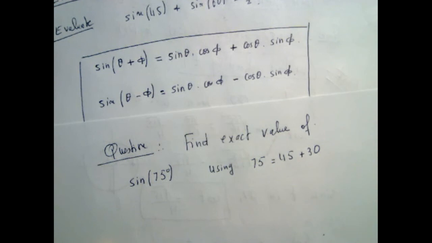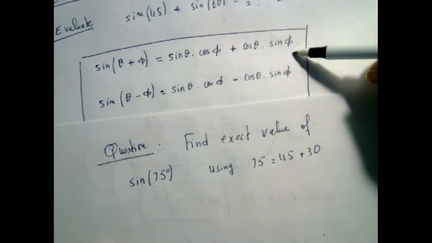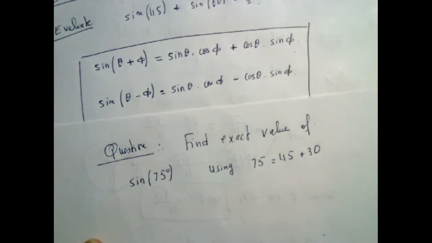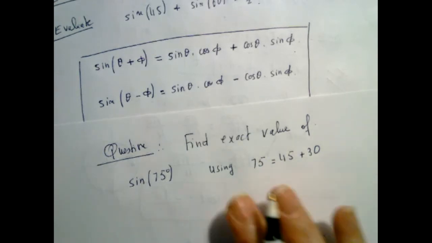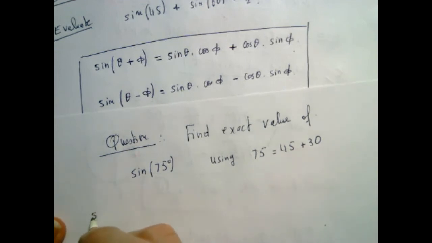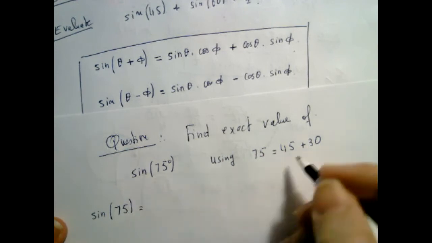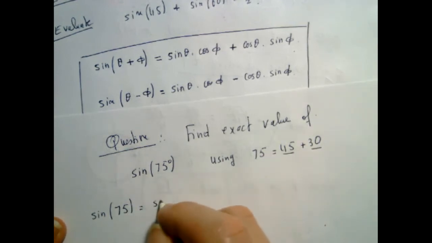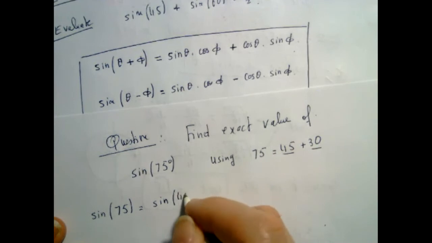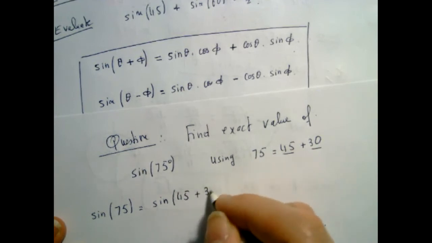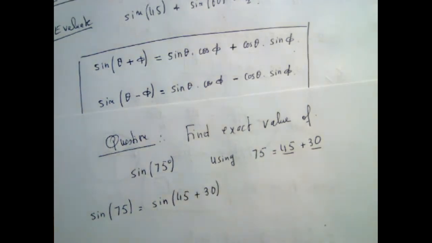Okay. So the goal of this problem, as I said, is really to learn how to use this formula. That's really why we do those types of problems. All right, so what do they mean by that? So what's the sine of 75? Okay, so 75 is 45 plus 30. I want the exact value. It means I don't want to pick up my calculator and plug in 75. I want the exact value. All right, this is equal to